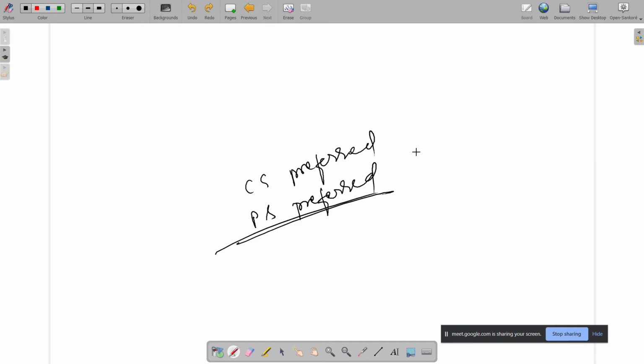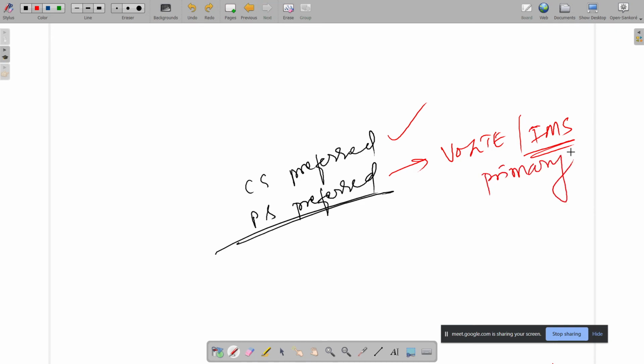For example, PS preferred means VoLTE, right? Or IMS, you can say. IMS is preferred, secondary is the other, means this will be the primary, right? Whenever you are trying for a voice call.